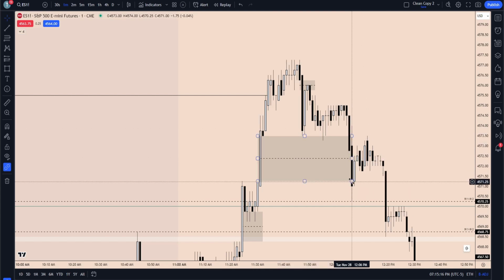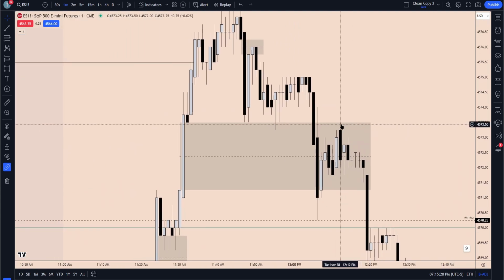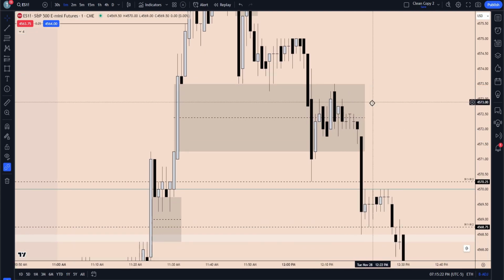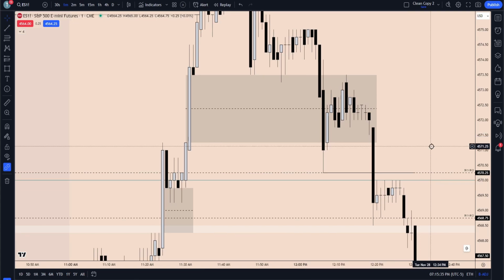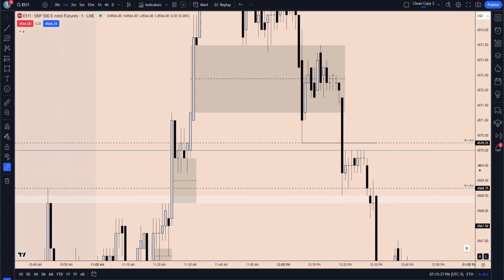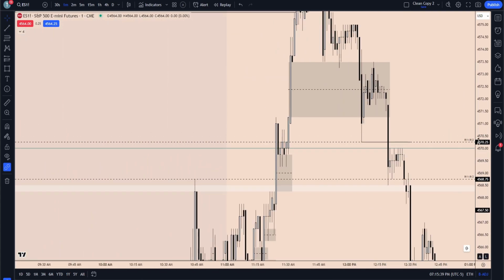Notice we close below it on this candle. So now we can expect that the high of it will hold. And lo and behold, we return right into the high beautifully. As we're leaving it, we create a volume imbalance. But because we've already created a low here, right, as we're wicking lower here and retracing, when we leave this low, we have no reason to return above it. That's become balanced. And that's why you see price does not even try to return back into that level before